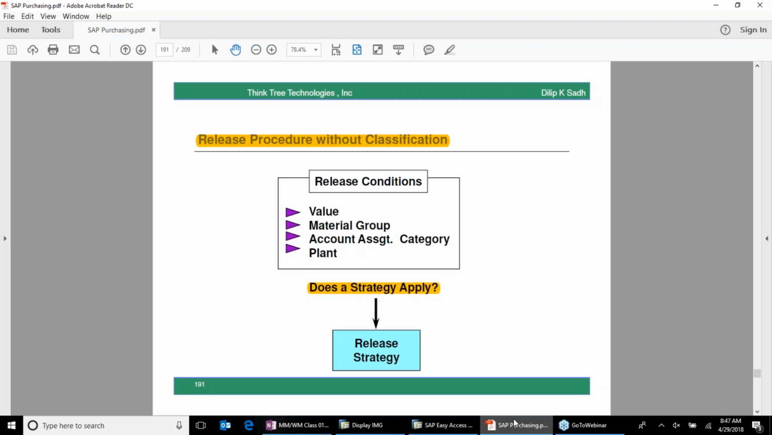Now, coming back, when you're doing without classification, then for the conditions, there are only 1, 2, 3, 4. These are the 4 conditions which are available to make the release strategy work. And that is a problem. It means the availability of conditions under which a release strategy can be applied